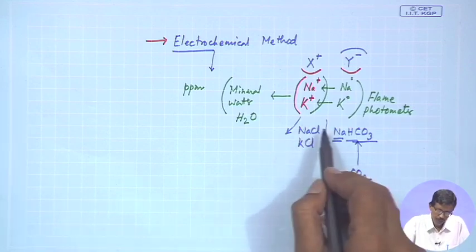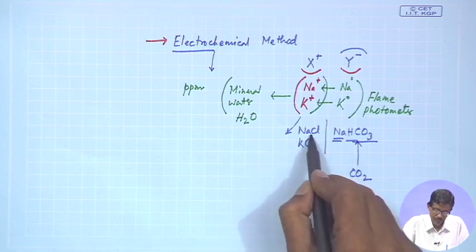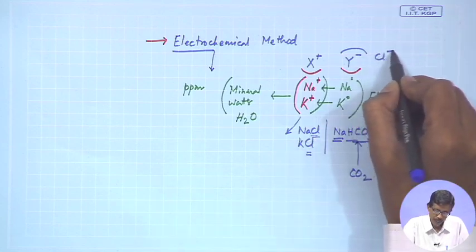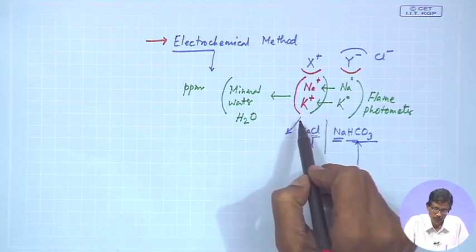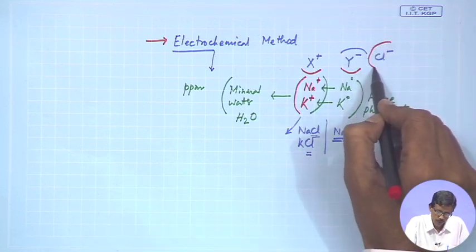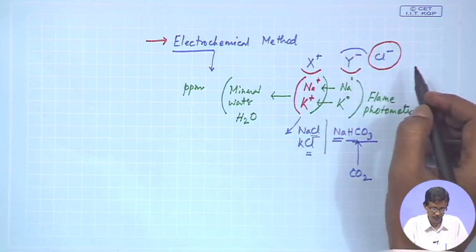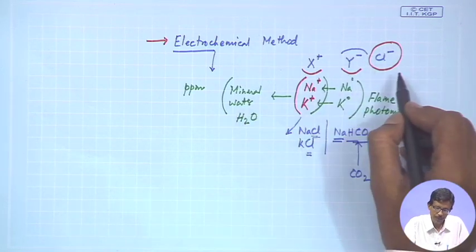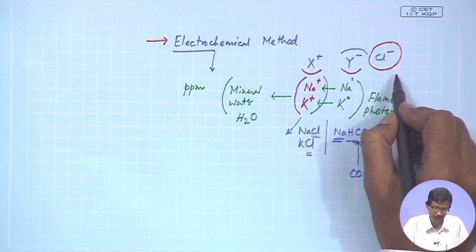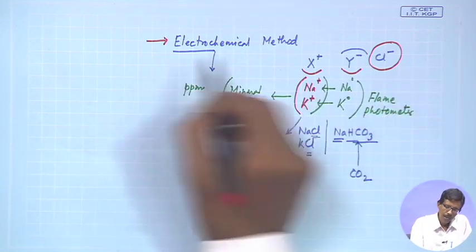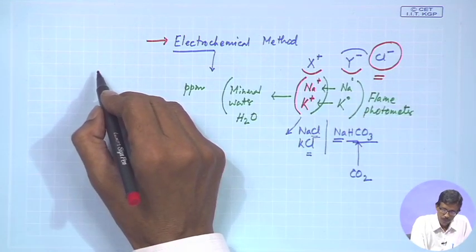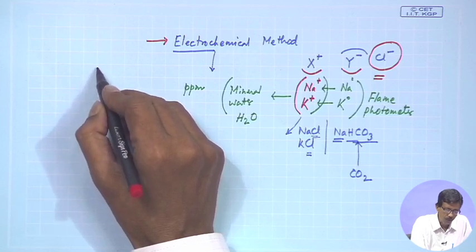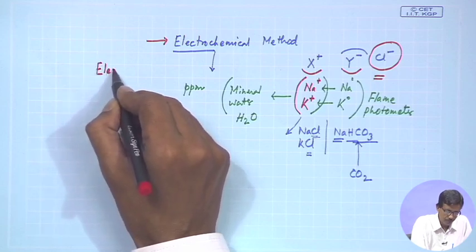Now, the other one, the anionic counterpart, that means Cl: whether we can determine this particular chloride ion concentration, forgetting about the presence of the corresponding cations like Na plus or K plus. We want to determine the total concentration of Cl minus in any fluid, whether water or a biological fluid in our body, in serum, in sweat, anything. If we are a little careful about thinking of the process of some electrode reaction,